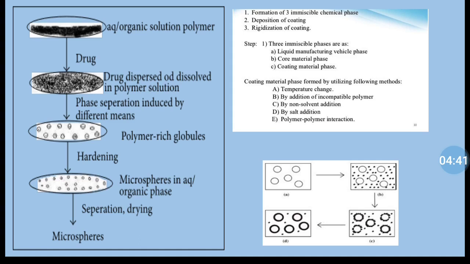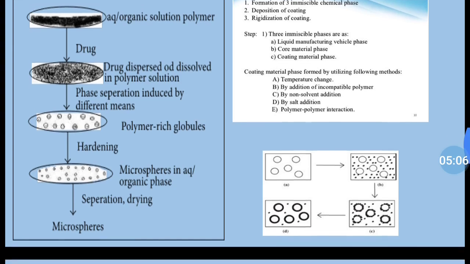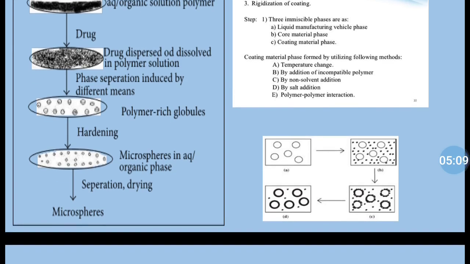Polymer interactions. The two polymers interact to form a larger molecule. So the solubility of this newly formed polymer complex will be less than the earlier reactant polymers. So it will come out from the phase and will cause microencapsulation. If we see the diagrammatic view of the microencapsulation in the right hand side bottom, then the A diagram